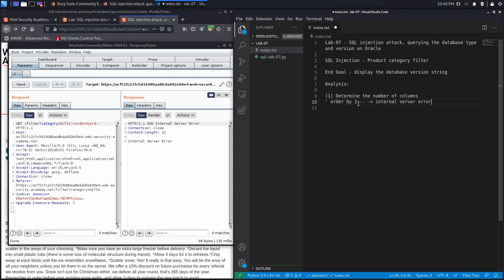What that means is that we're trying to order by a column that does not exist. And since we did this iteratively, that means that the number of columns used by the vulnerable query is 3 minus 1, which is equal to 2. All right, the second thing to do in a union-based SQL injection attack is to determine the data types